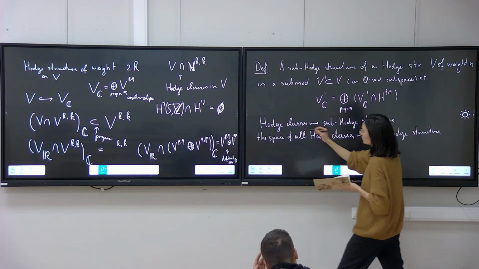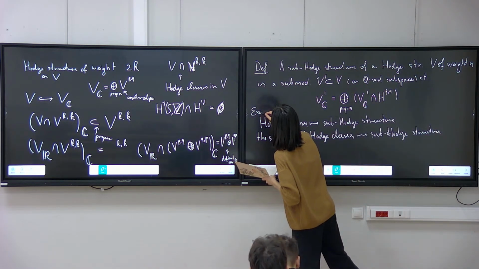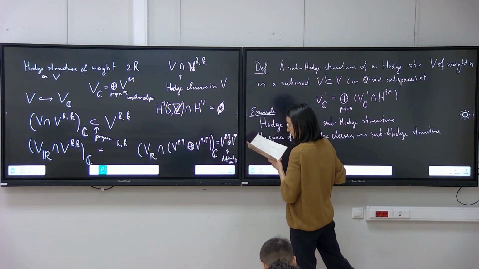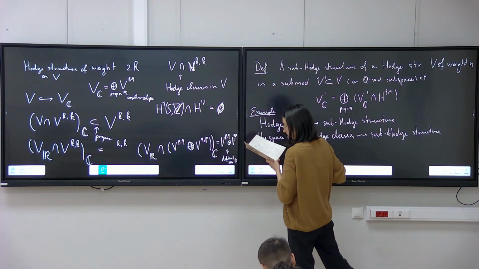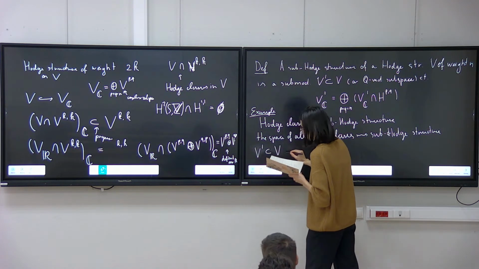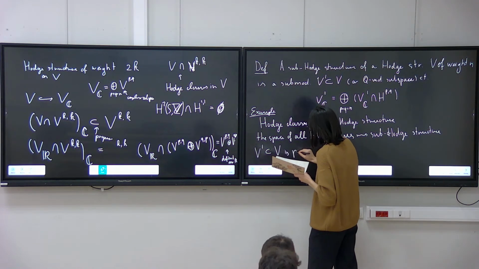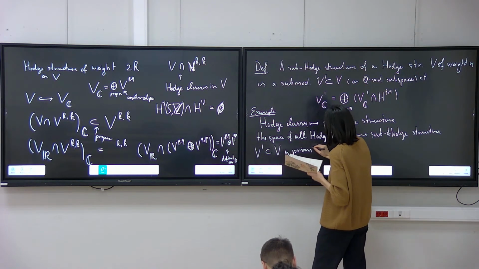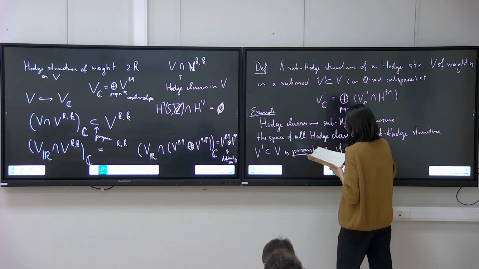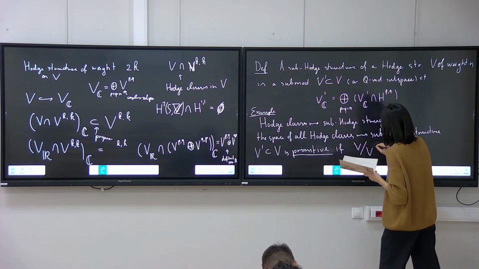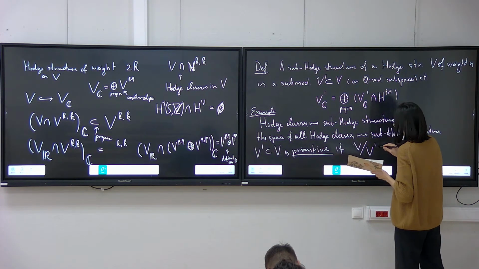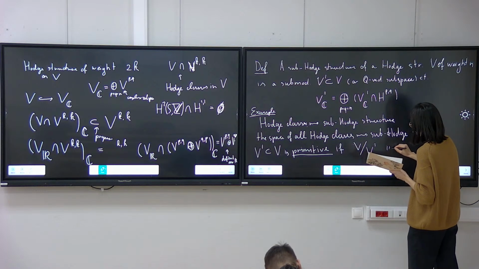Okay, this is an example. And now, let me also say that a sub-Hodge structure is primitive, for an integral Hodge structure, if this quotient is torsion free,